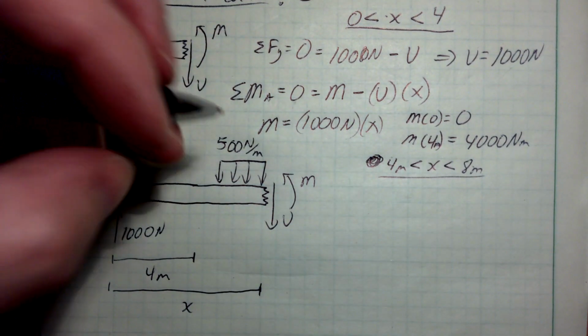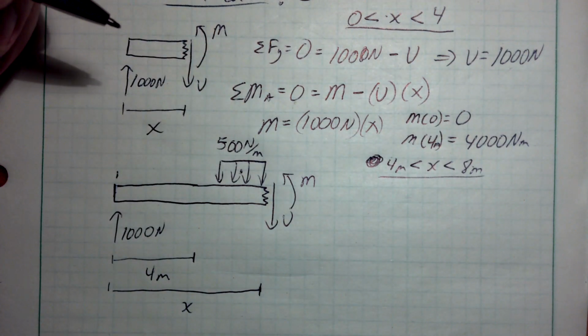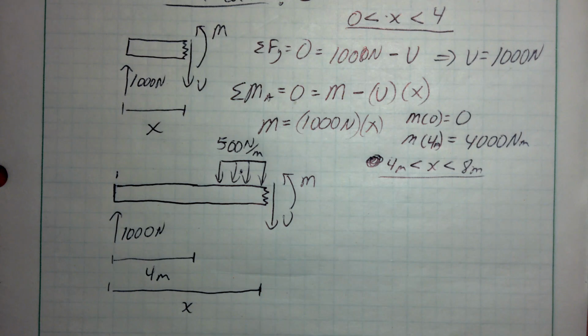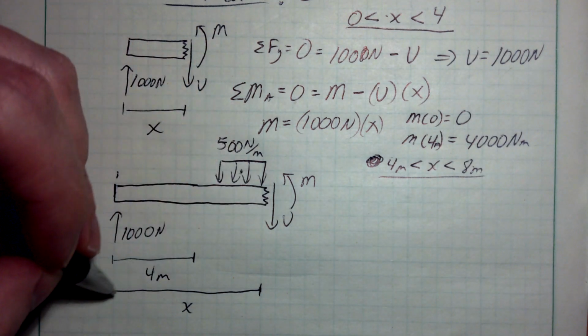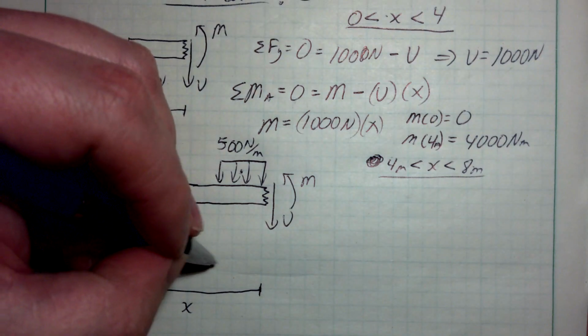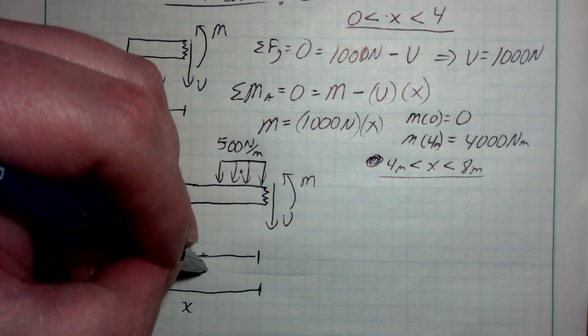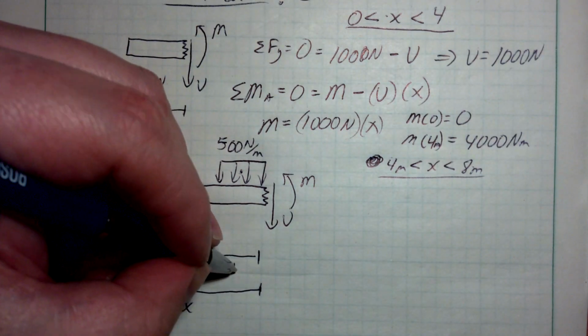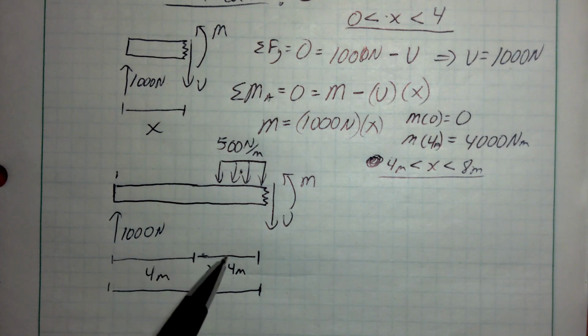Now, a bit of a challenge is we're going to have to find where this center is located. So if we need to find where the center of that is located, I need to know what this span is. Well, if this is x and this is 4 meters, then this span right here is the total x, and it's 4 meters less than x to get in there. And so this guy's going to be right in the center of that. So it's going to be half of this length plus this length. That's going to get me to the center from